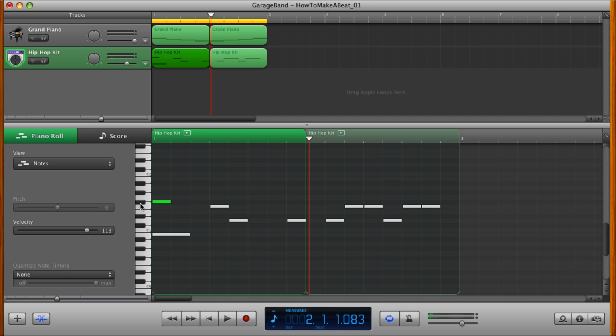Let's see. Yeah. So what I'm going to do is option click and drag. Release, option click and drag, and then option click and drag. And then I'm going to shift and click and drag right here. And then option click and drag to make 4 of them. And then shift, option, click and drag, and make, oh,